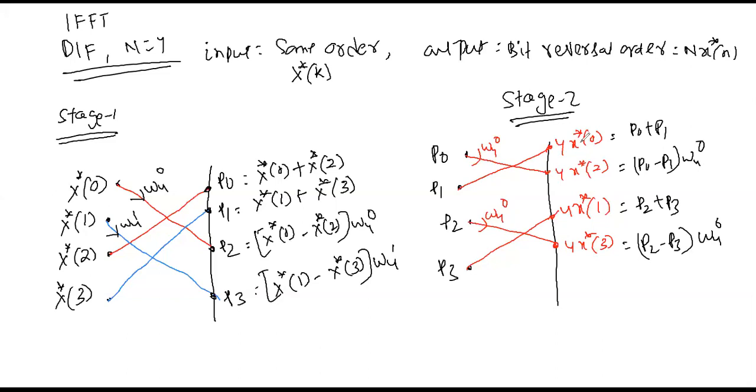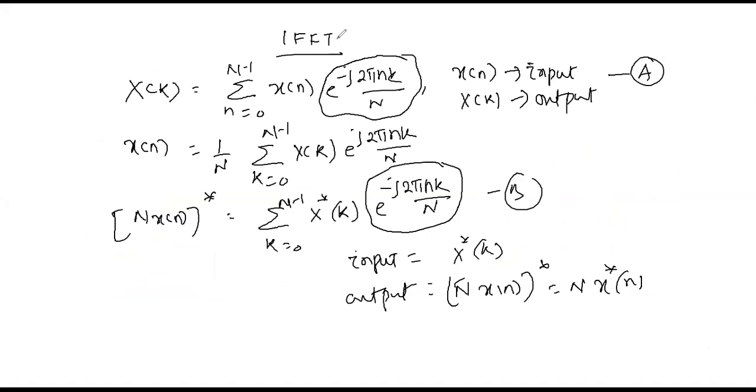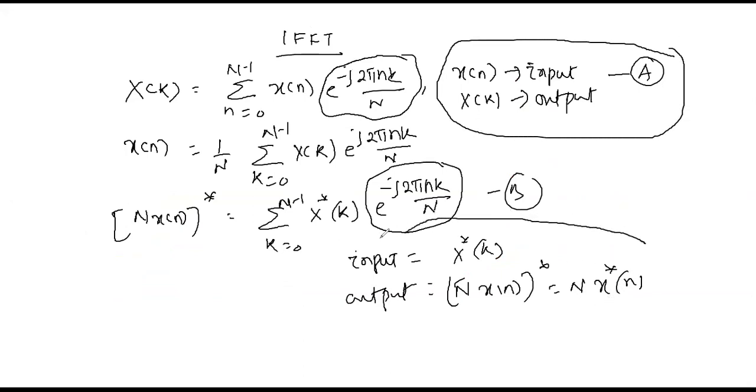So today we discussed how to find the IFFT, meaning the IDFT of a sequence, using the DIF algorithm for n equals 8. Yes or not? We started that part. Yesterday we already discussed IFFT using DIT. This is the IFFT. The important thing is this one: in the case of DFT, the input and output, and in the case of IFFT, the input and output.